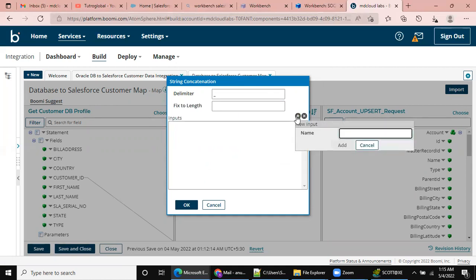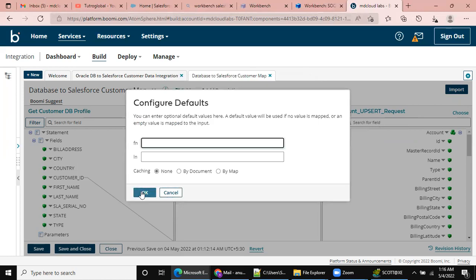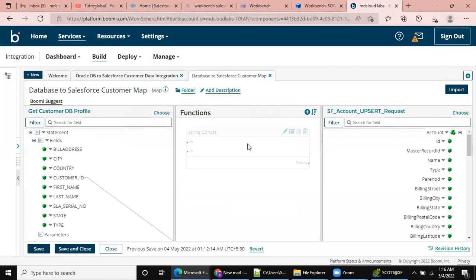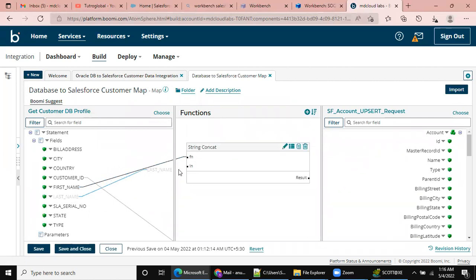So I am giving first name, and again I'll add last name. This first name would come here, last name would come here, and we will map it to only name. And this type is mapping to this type,